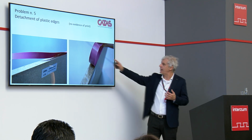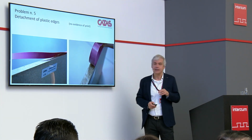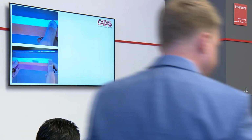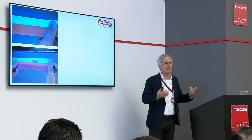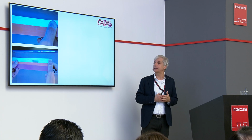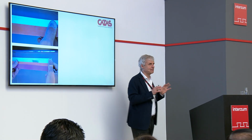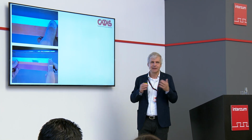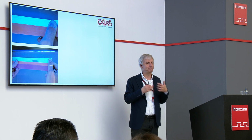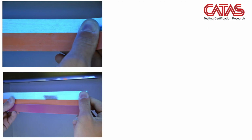Plastic edges, again, you don't see the print of the rollers here. The problem normally is due to the primer. You know that the surface energy of plastic is very low, so a primer is needed to increase the surface energy. The primer can be a problem in terms of expiring date. After some months, the primer is not as active as initially. So where you store the plastic edge is fundamental,